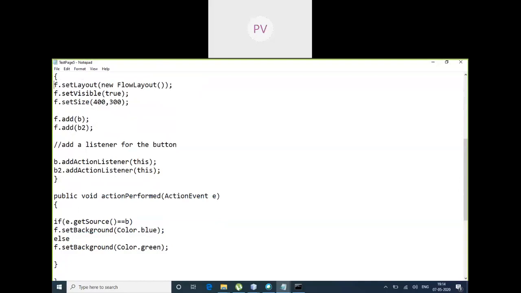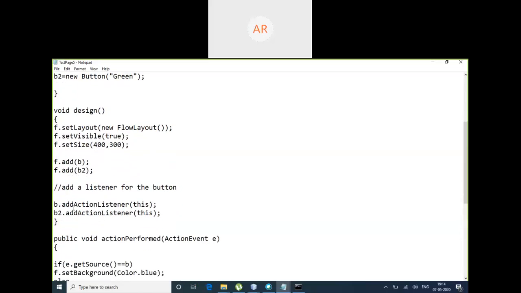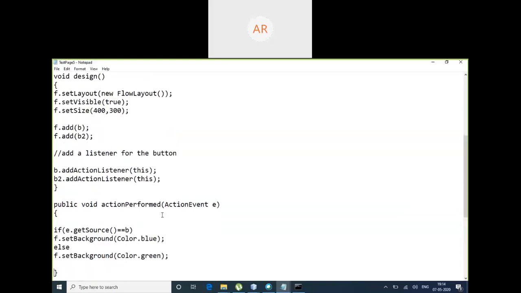After that, we have taken some objects of a frame and button, and then we have implemented the set layout, visibility and size of the frame. Then we have added those buttons to the frame. After that, the buttons have been implemented with the action listeners so that a certain action will be performed and it is changed to some other color if we